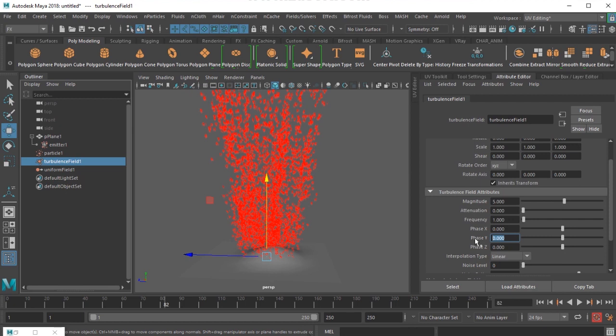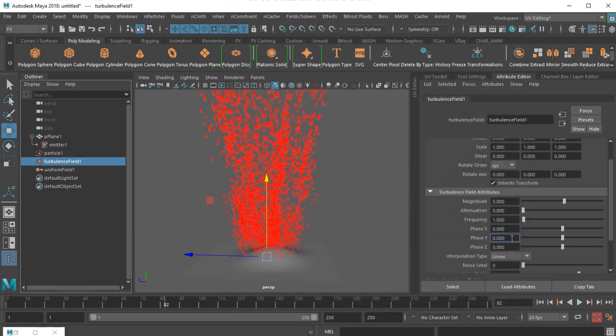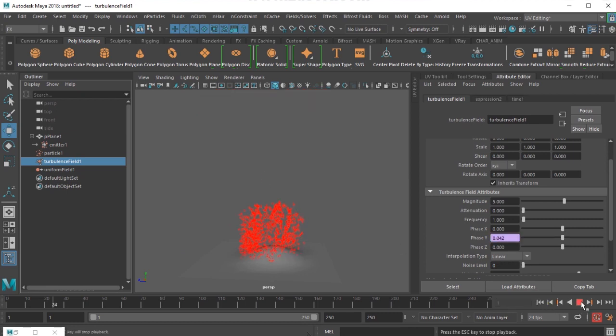In the phase y, I will write an expression equals to time. One way is right click, create expression, select that, drag here and just type equals to time and the expression with the semicolon. But the other way is just here write equals to time,